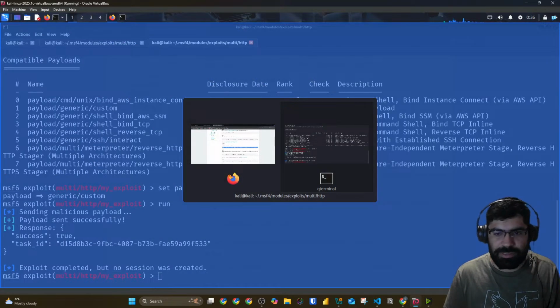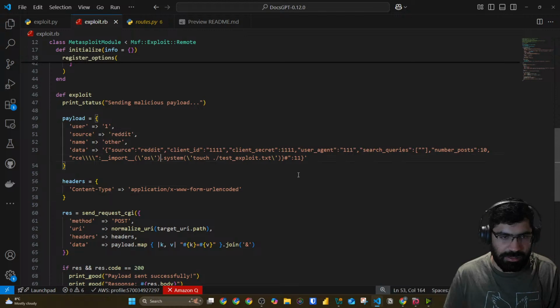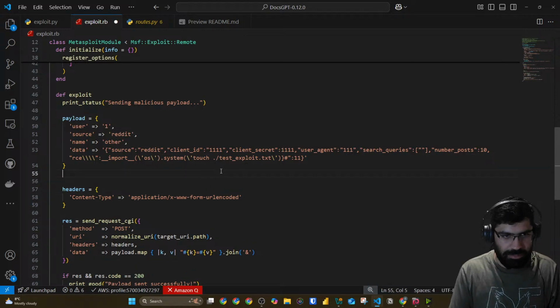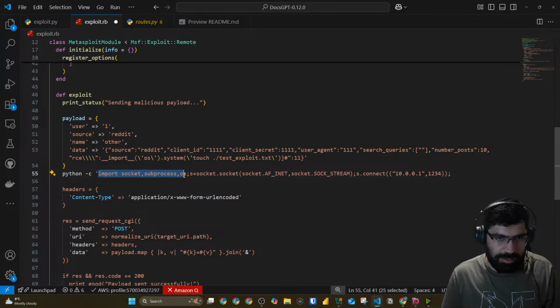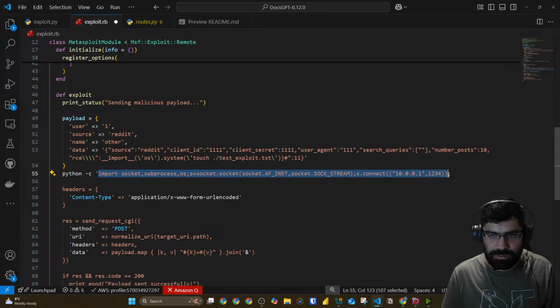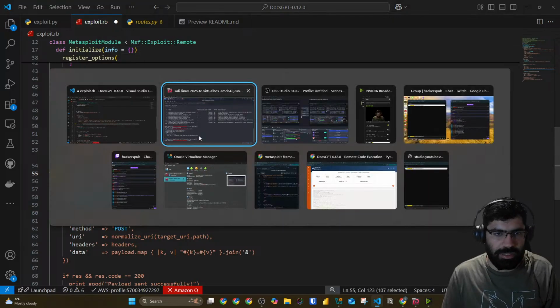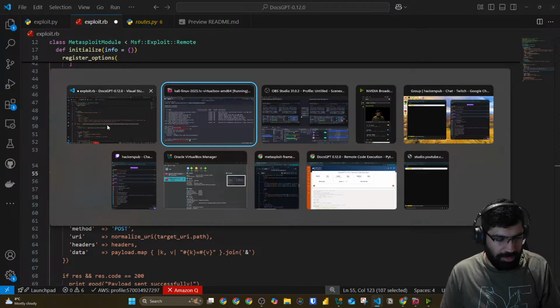Now let's play with this, right? So if I have this, I don't need this. I just need to import socket, this. I just have to do this actually. And s.connect. Okay, and whatever is the host,